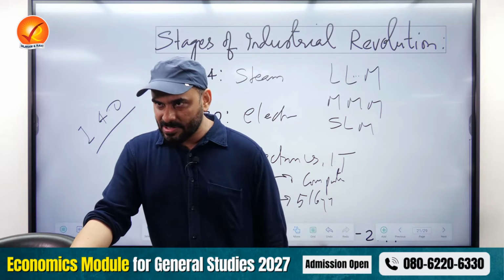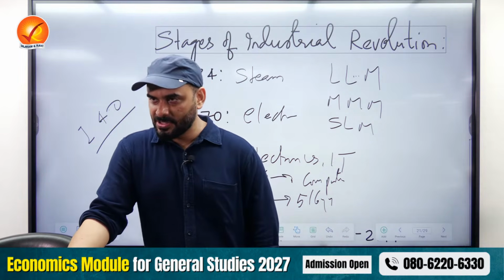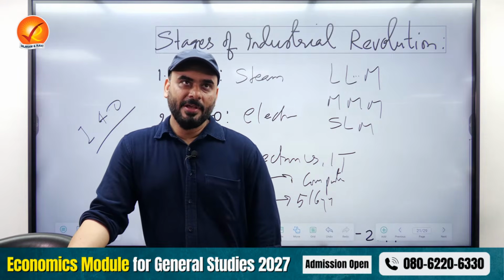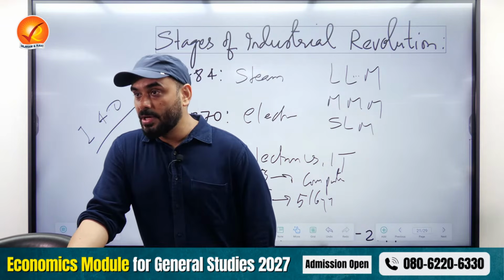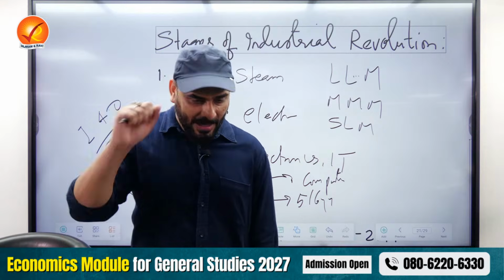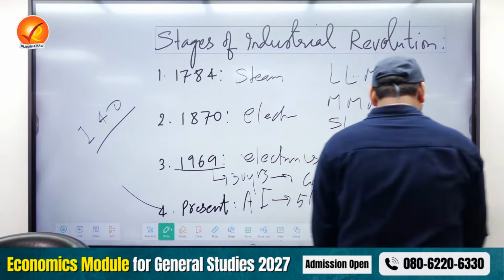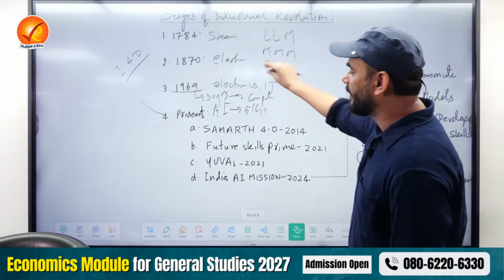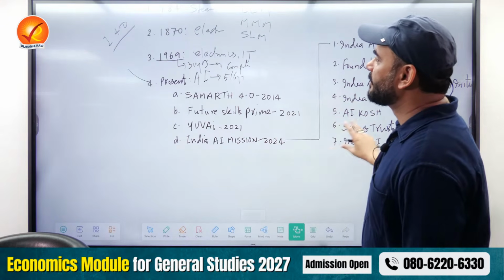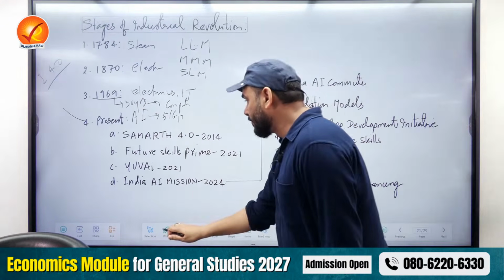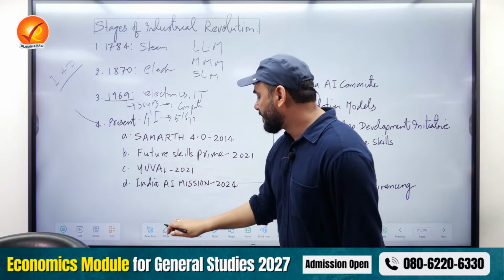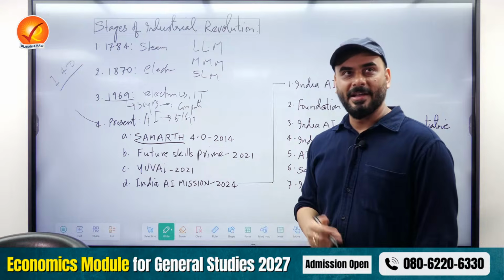So what are the keywords that we just discussed? First, awareness. The second is identifying the key areas related to AI. The third thing that we discussed is going to school, and fourth is capacity building. What if I tell you that all these four things which I told you are the four schemes which the Government of India has launched for AI? Look at the four schemes, please. This is your structure for Industry 4.0. See, the name of the first scheme is called Samarth. Under Samarth, what is the Government of India doing? Creating awareness.